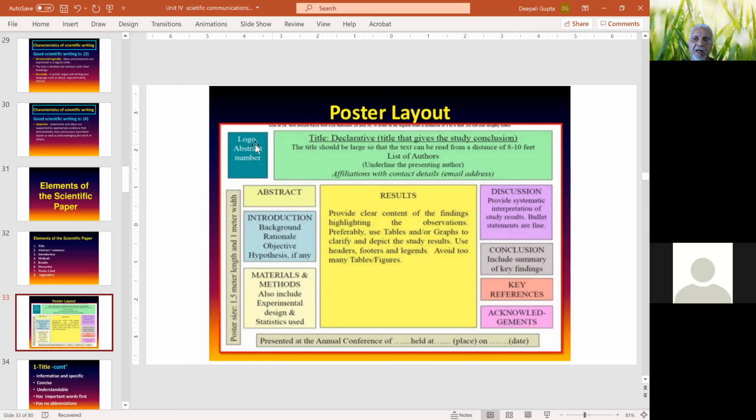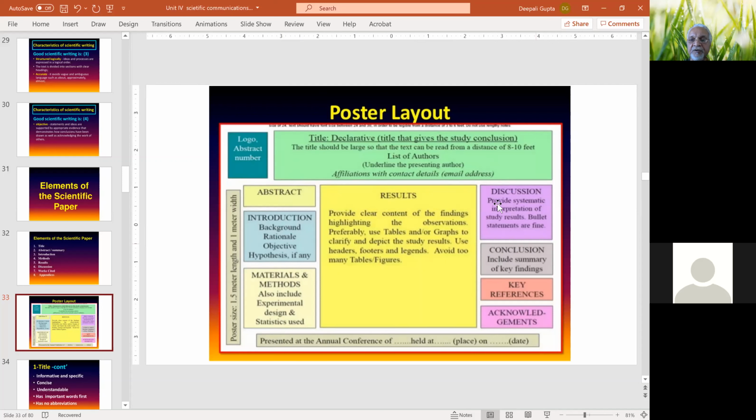So this is the overall, a typical organization of a poster. Here you have the abstract number, etc., written in this corner, then the title of the paper, and the list of authors, affiliations. This comes in this part. And then on this side, abstract, and then introduction and material methods.